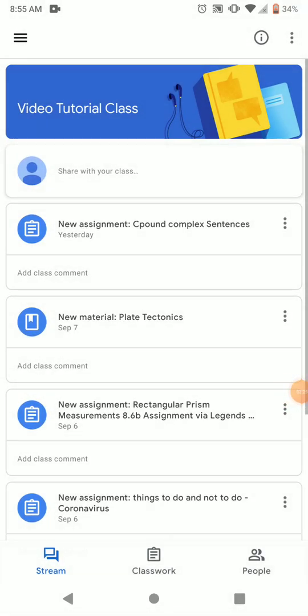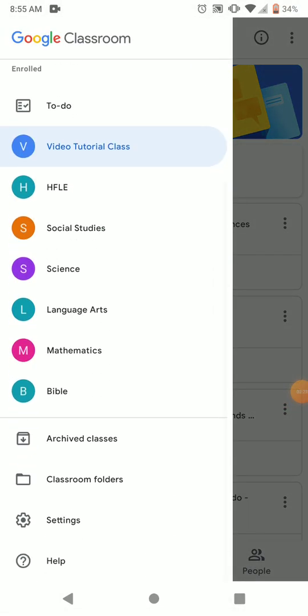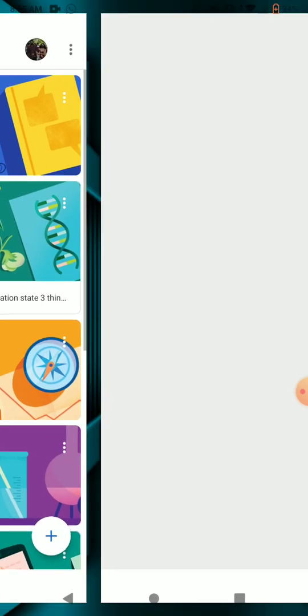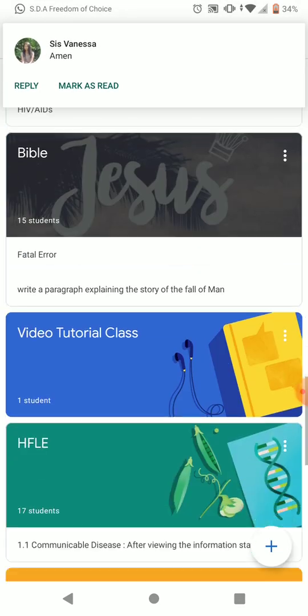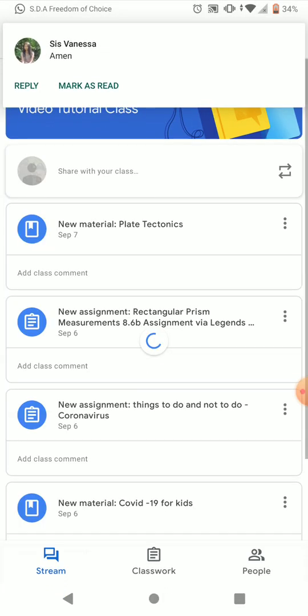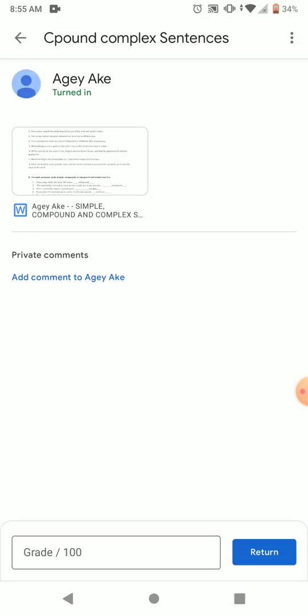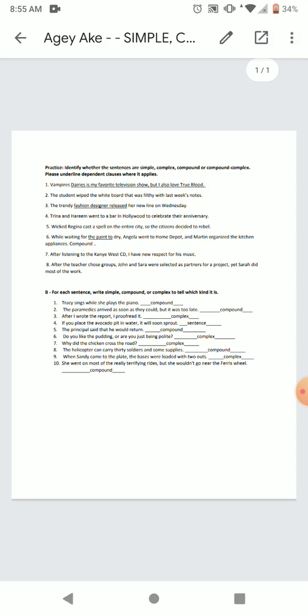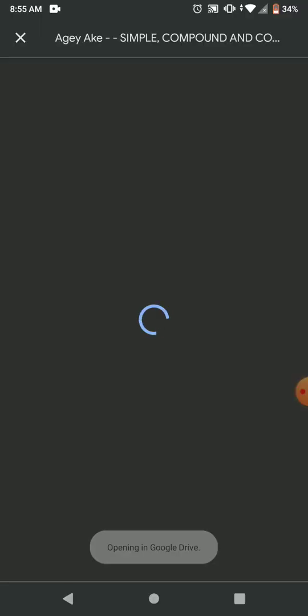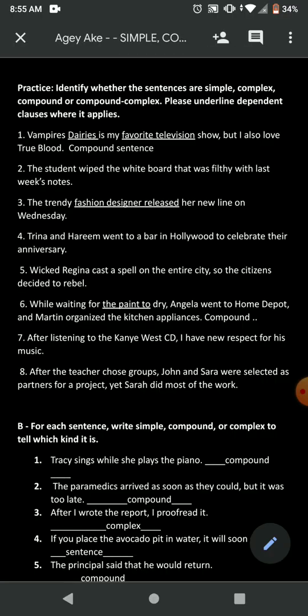When the teacher checks it, let me quickly switch account. The teacher will see the following. Whenever I go to the class, I'm going to go here and it says turn in. When I go there, I'm going to see the task. I'm going to click on that, and if you notice, it is already answered there accordingly. I'm going to click on that and open my Google Docs, and the teacher will see the changes happening when he or she opens it. When you open the file, you see